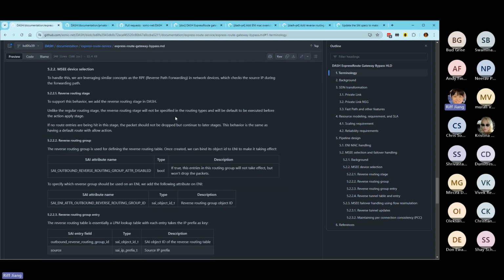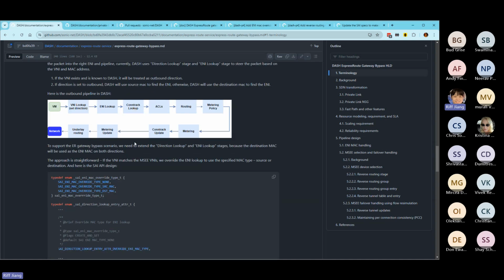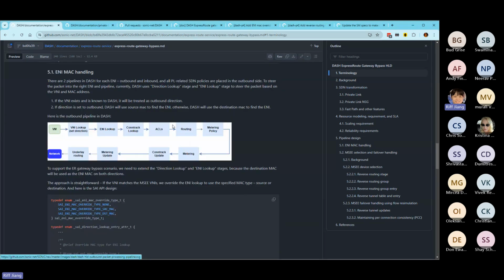So in this case, we will add a reverse routing stage in the Dash pipeline, but unlike the regular routing stage, which is controlled by using the routing type,